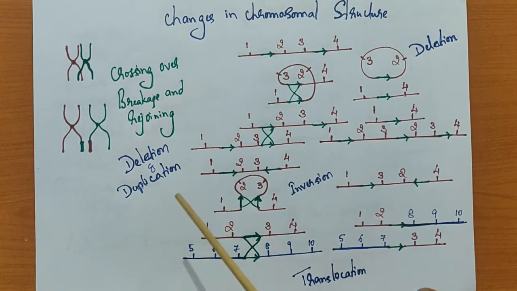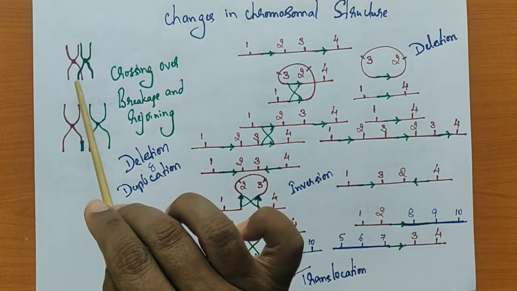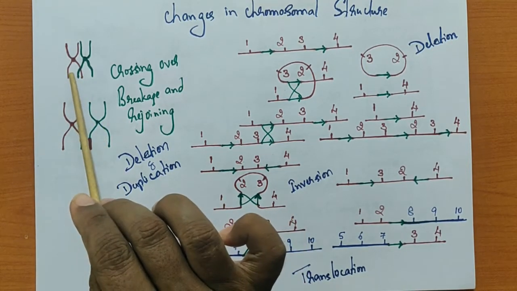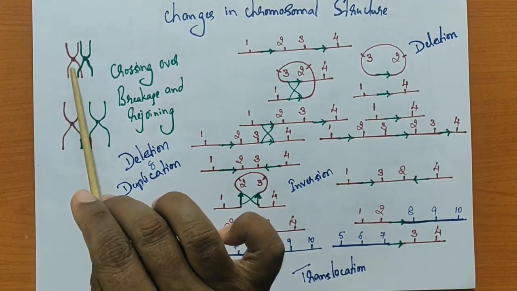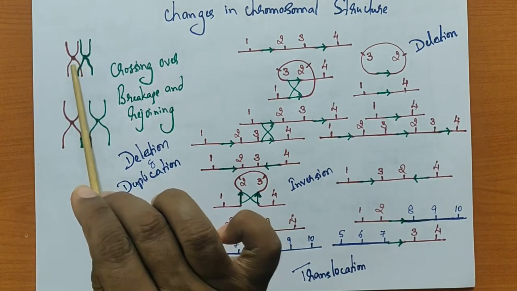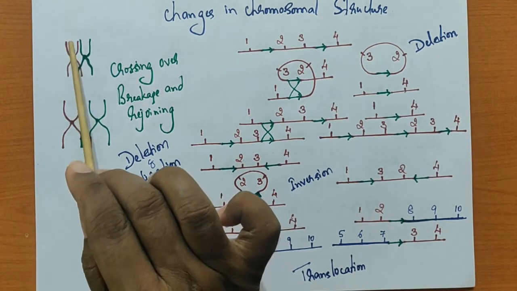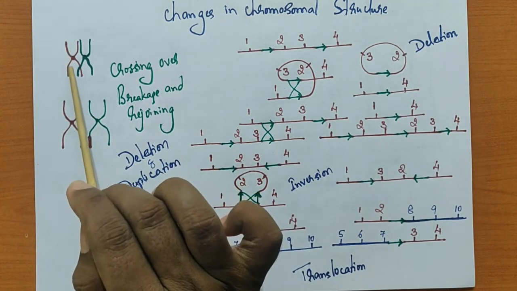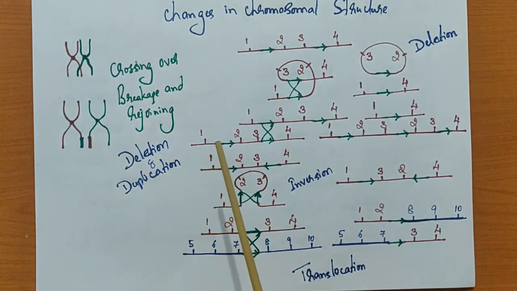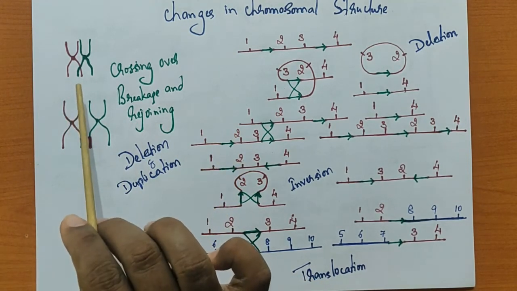All right. Suppose in a meiotic cell division, usually homologous chromosomes undergo pairing. I have depicted two different colors. One must be paternal, another one must be maternal. So now these two are homologous chromosomes. That means the DNA sequence of this is exactly the same as the DNA sequence of this. So we do have two copies of the DNA sequence.